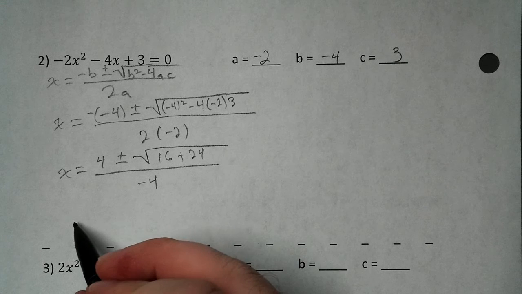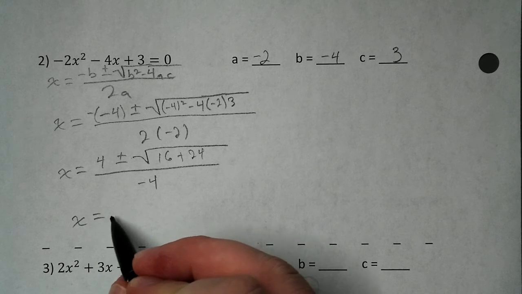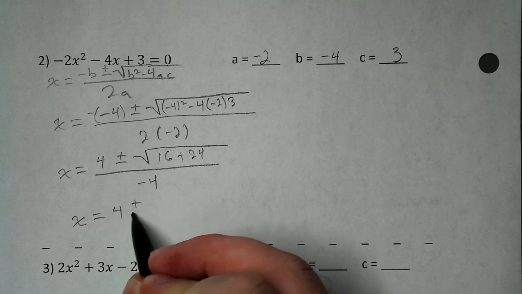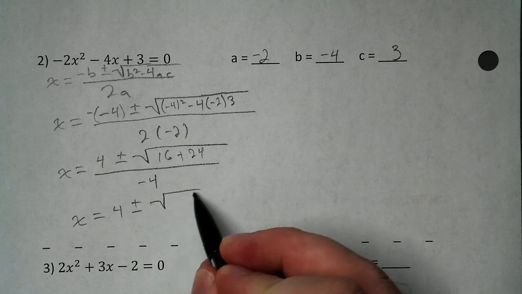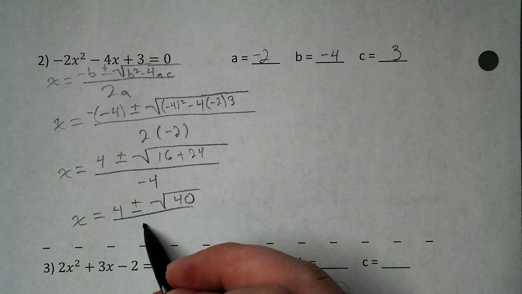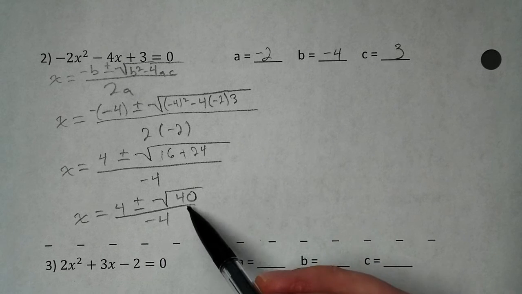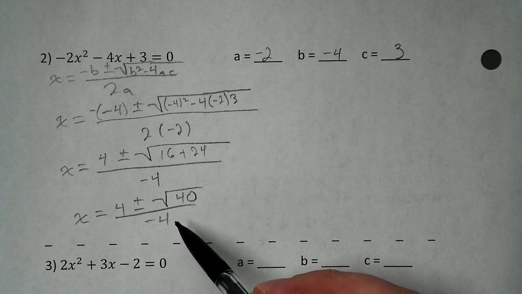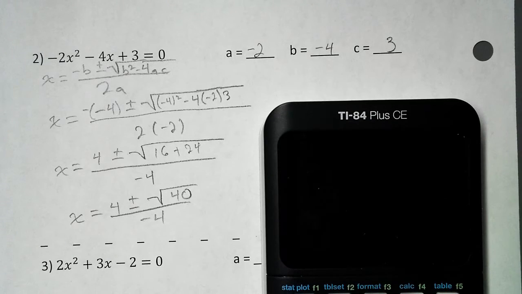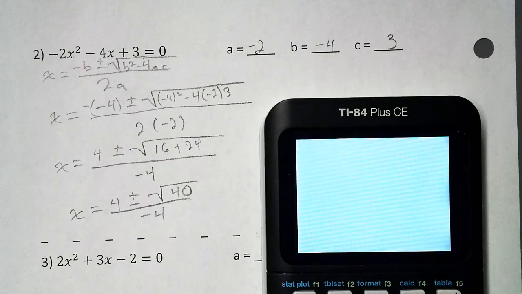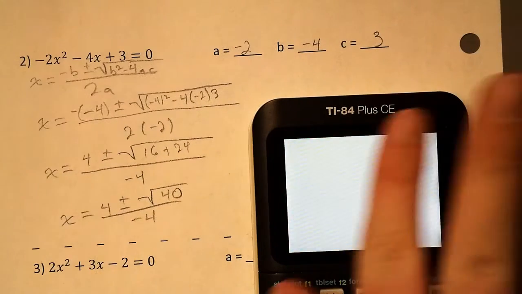Now we've got x equals 4 plus or minus, and 16 and 24 add up to 40, so square root of 40 over negative 4. Now, on this one, it does not come out to a perfect square, does it? So we need to use our calculator, and this is where we're going to get a decimal approximation. So take your calculator, or use your calculator app,